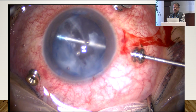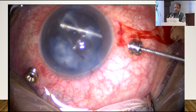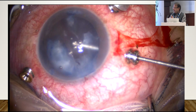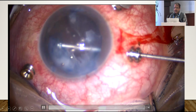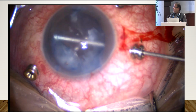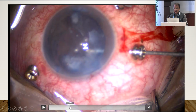So here you can see I am going between the capsule, and I am not using the cutter here because the moment I cut with the cutter, I lose the capsule. I am using this as an IA. The fluid is coming from here, and this works as an IA, but it's from the pars plana. So you can see how nicely I am able to remove the whole of the cortex, and